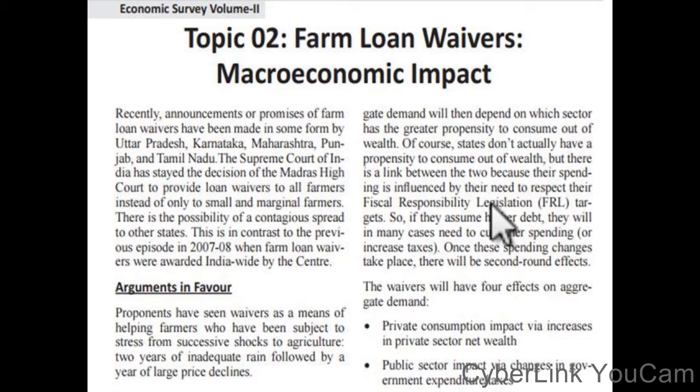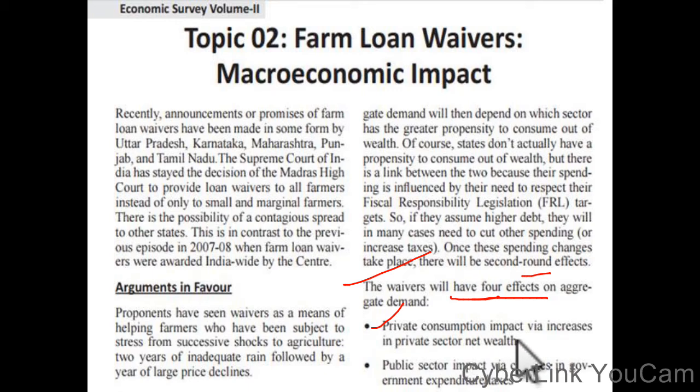Their spending is influenced by their need to respect their fiscal responsibility legislation targets. So they assume high debt. They will in many cases need to cut other spending or increase taxes. Once these spending changes take place, there will be second round effects. The waivers will have four effects on aggregate demand: private consumption,